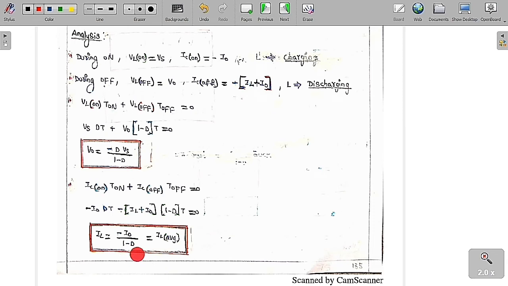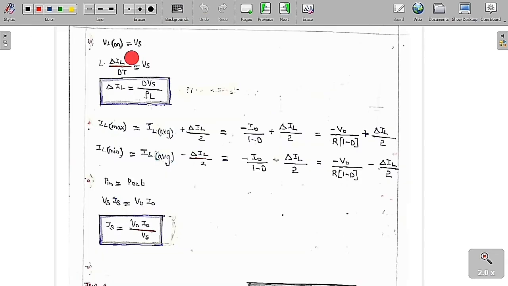So minus I naught by 1 minus d, you are going to get. So when the switch is on, we can see that the inductor voltage is equal to the supply voltage. So VL on is equal to Vs. Therefore VL on is equal to L into delta IL by the amount of change, delta IL by dt, on dt is equal to Vs. So if you solve this one, we are going to get delta IL is equal to dVs by F into